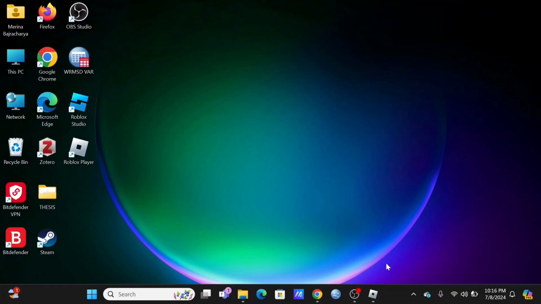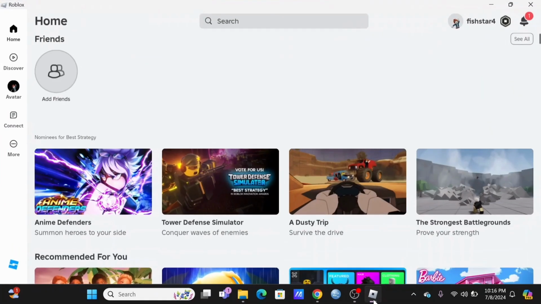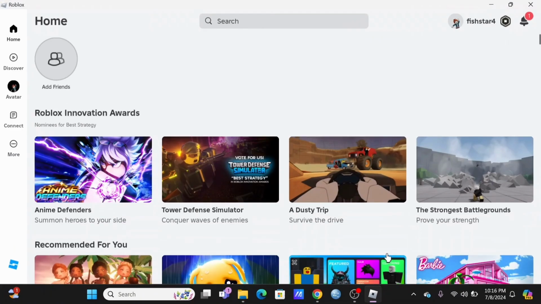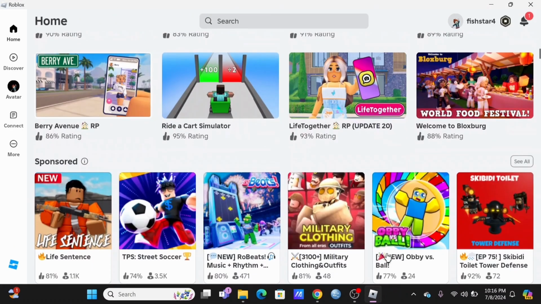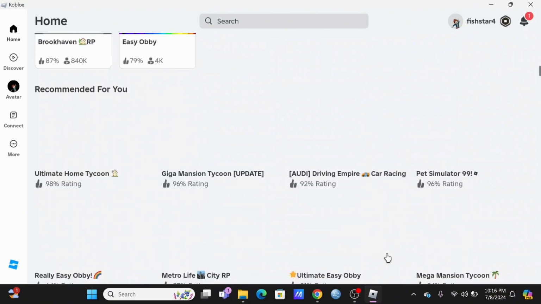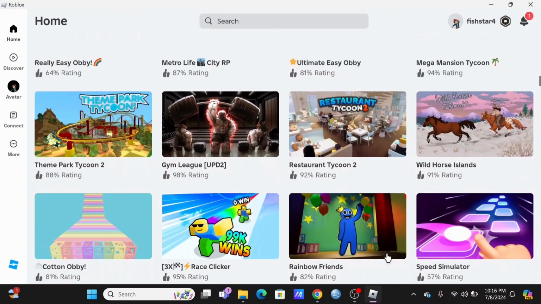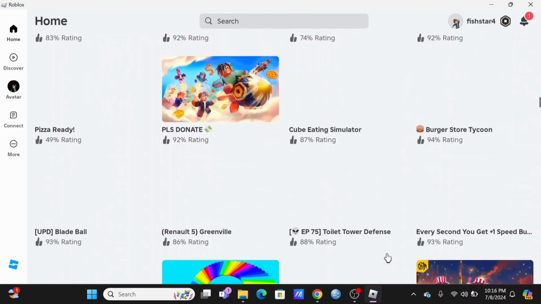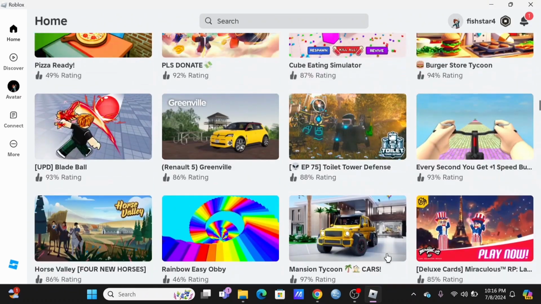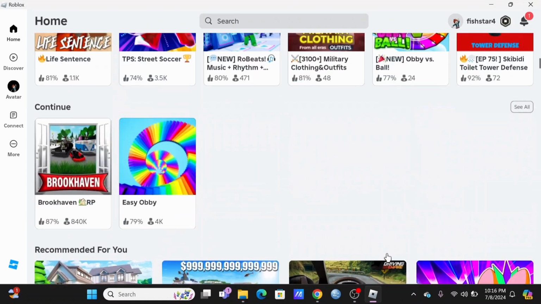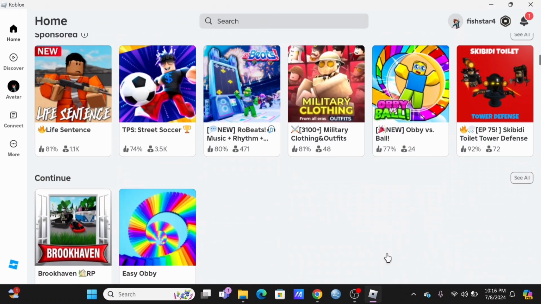If not, and if you have installed the application, just tap open your Roblox app. Now in here, make sure to sign in to your Roblox account first and foremost. To check out all of the games you have recently played, scroll down to the very bottom until you see